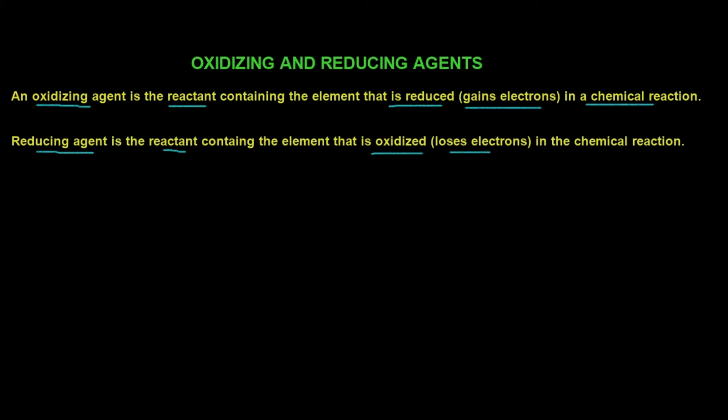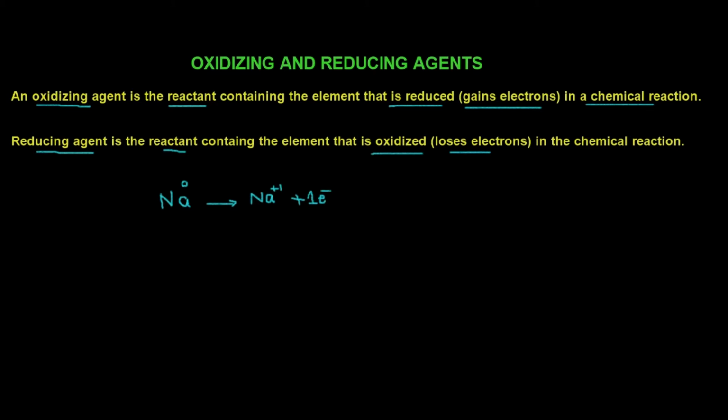Now, in order to understand these concepts, we are going to recall our previous lecture, in which we studied that if we have a sodium atom present in a zero state, whenever an atom exists freely, it has zero oxidation state, and once it loses its electron, it is converted into a sodium ion having positive charge, and here we have to represent that electron which is being removed.